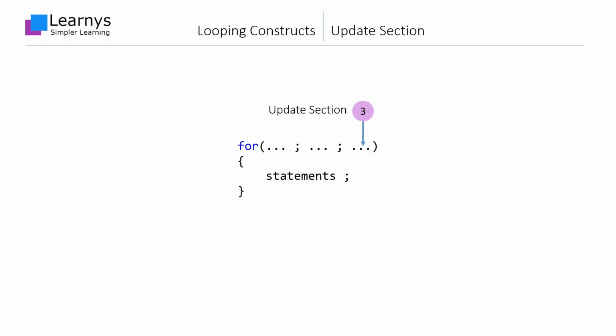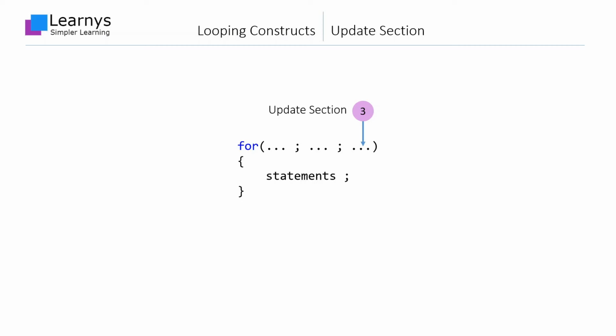Like the control section, the statements you put in here will be executed once for each cycle of the loop execution. But there is a minor difference. The statements in the control section as well as in the update section are both executed once for each cycle of the loop execution. But the former is executed before the beginning of the cycle and the latter is executed after the cycle. We will understand this better when we discuss the flow of execution of the for loop.